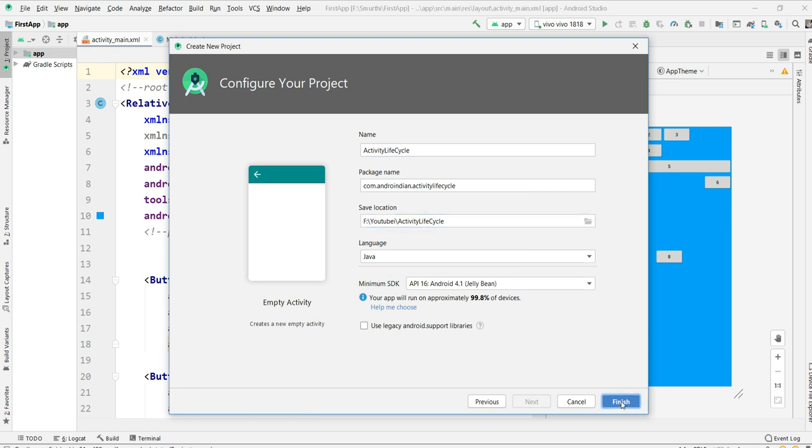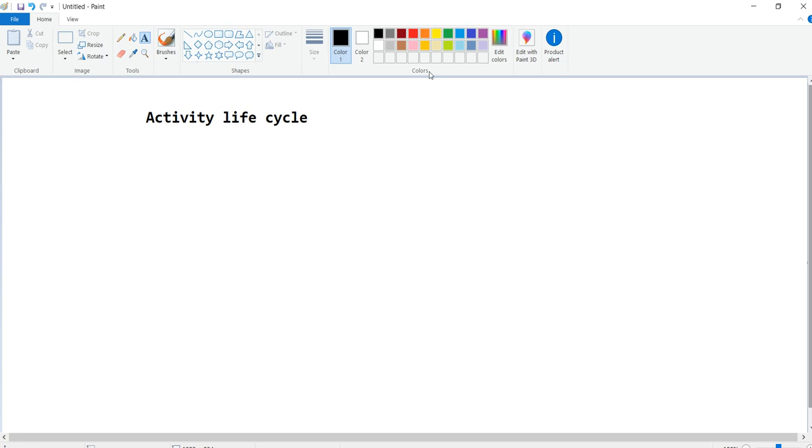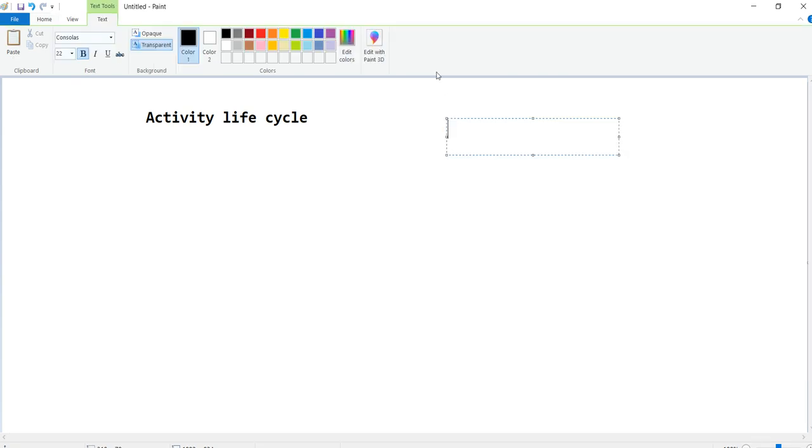While creating this, we can discuss something about it. This activity life cycle has a total of 7 methods. What are the 7 methods?